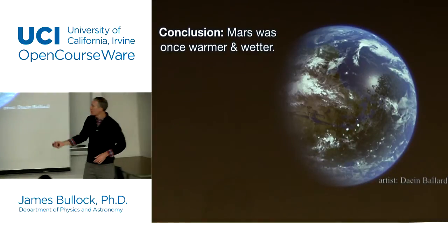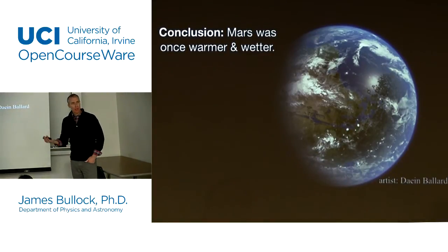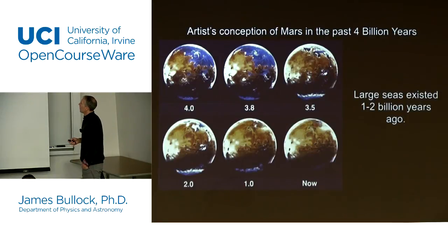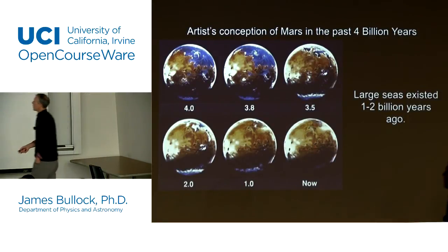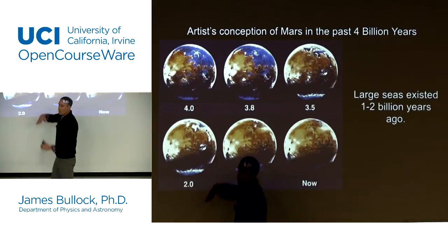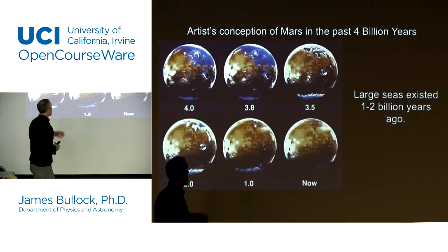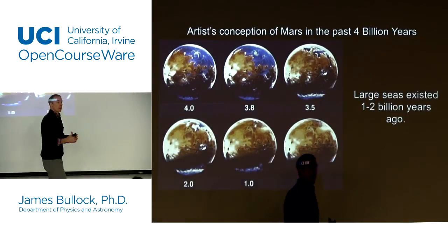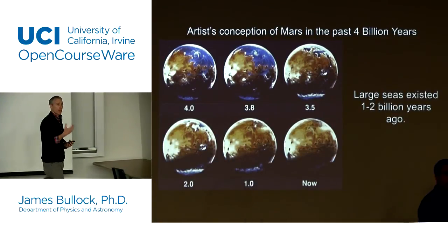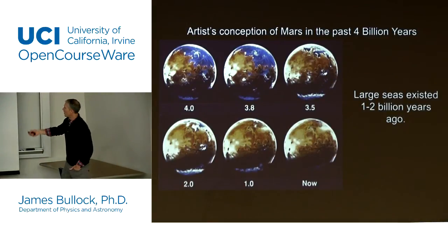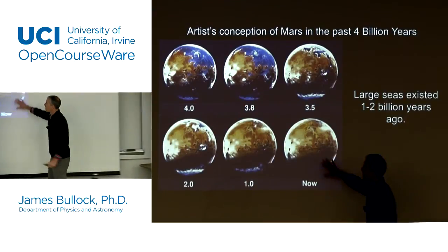This is an artist's conception, but you could imagine a couple of billion years ago, if you took a picture of Mars, it may have looked like this. In fact, there may have been a northern ocean, which is why we have these lowlands in the northern part of Mars. But as time progressed and maybe the atmosphere got thinner and conditions got colder and less conducive for liquid water, it turned into something that looks like the planet today.